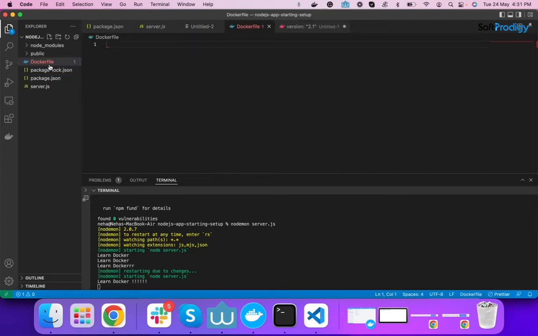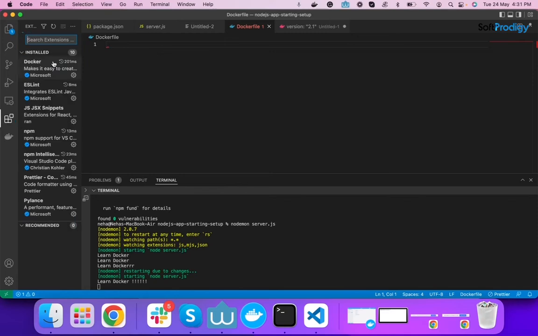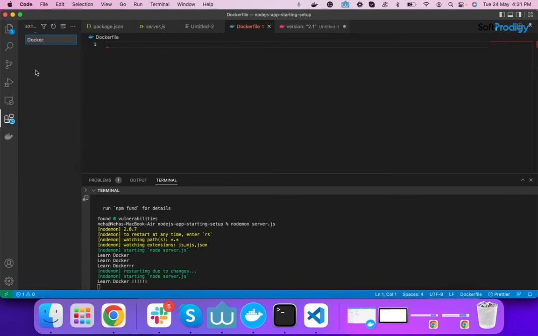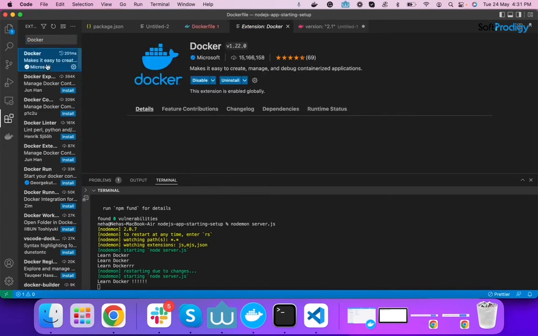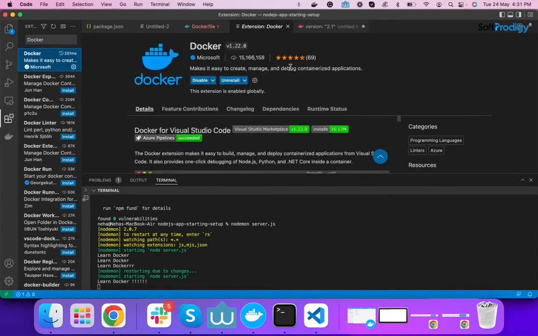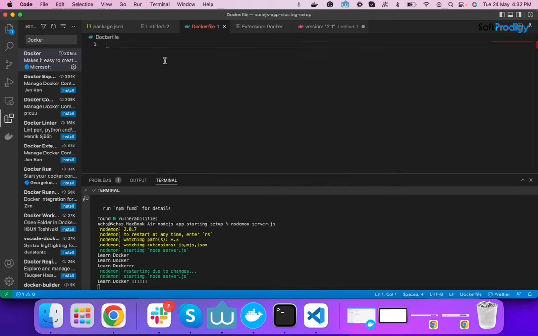I would suggest you install the Docker extension for the syntax of the Dockerfile, which I have already installed, to work with Dockerfiles.